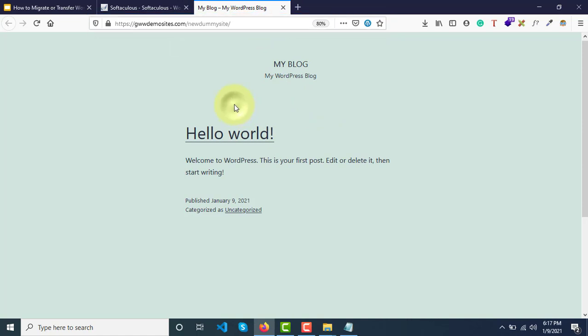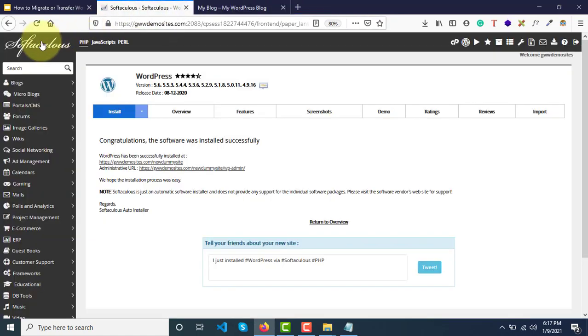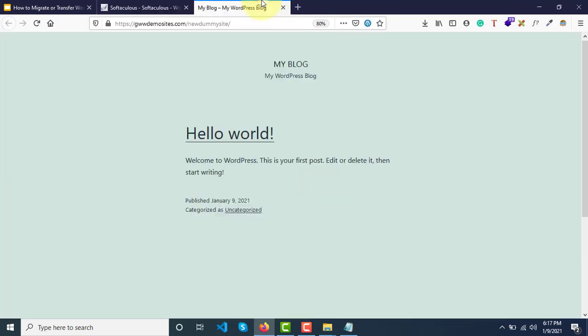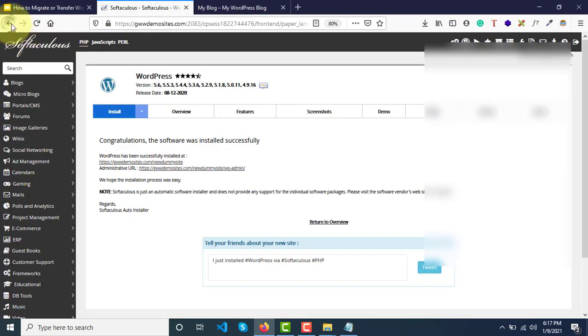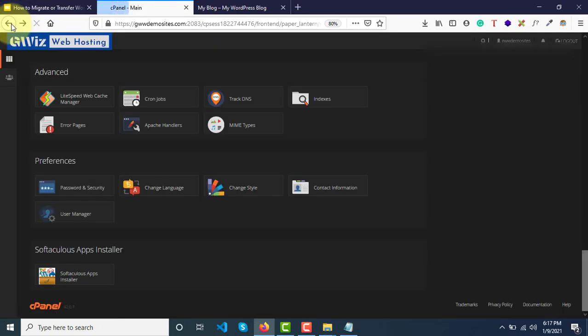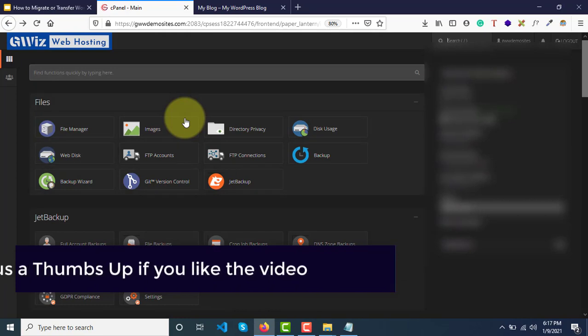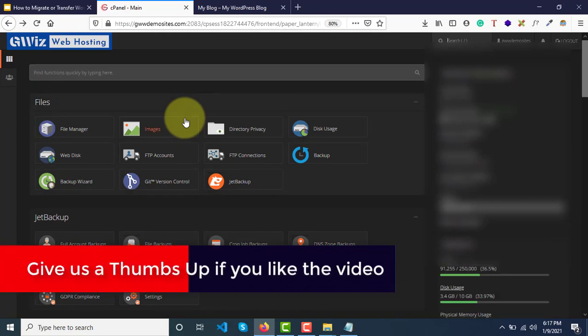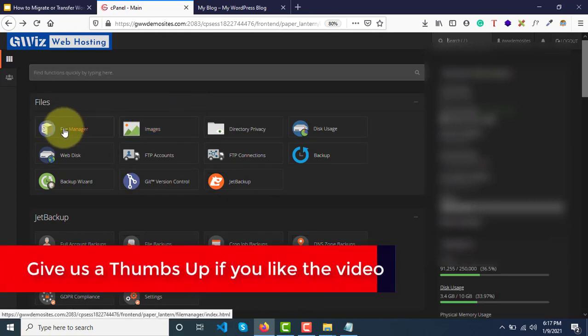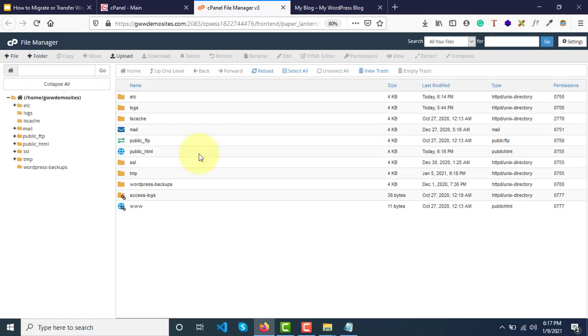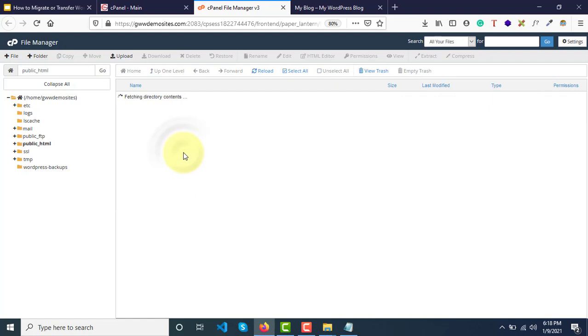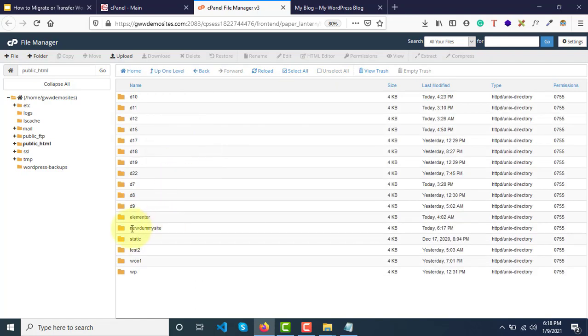For that, let's log back in. Let's go back to the cPanel of this website, this new server. First thing you need to do is go to File Manager, and under public_HTML, look for the directory that we just installed.